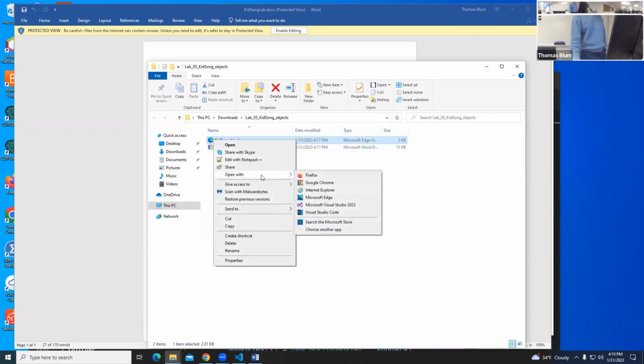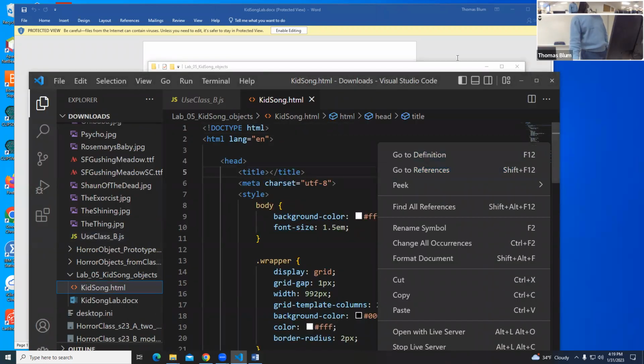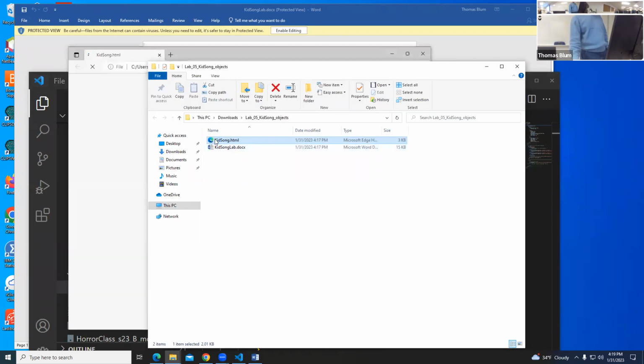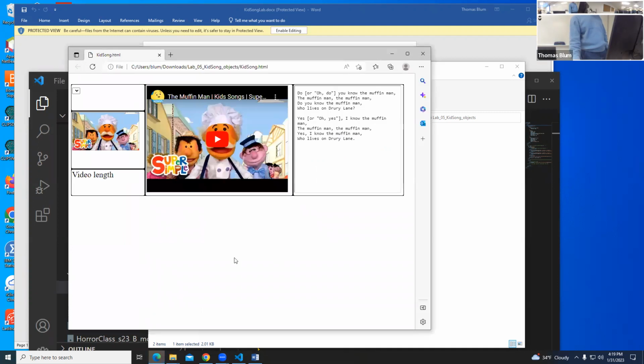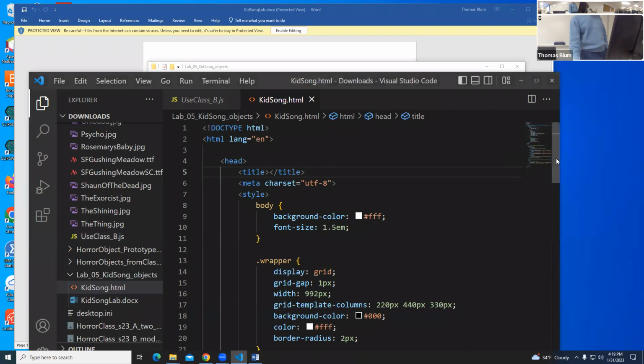Let me open that with Visual Studio Code for a second. So here is my page. Let me open it just this way. Here's my little page. You don't have to style it. If you want to style it, you can style it. If you don't like my page, make your own. I just want to warn you, if you make your own,